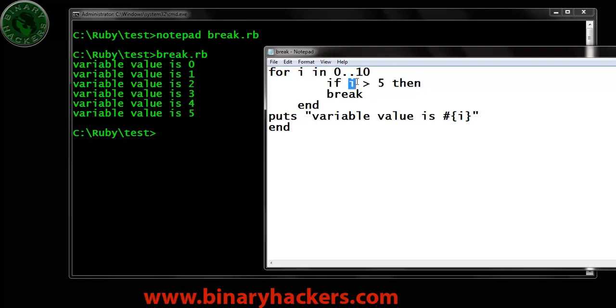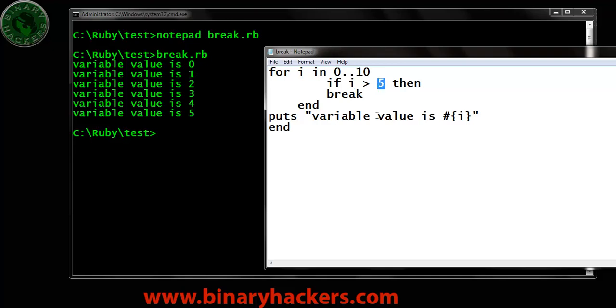Then the break statement will execute and break out of all the statements, meaning it will not display this statement after the value of I is 6. Therefore you can see the variable value is displayed from 0 to 5 only.